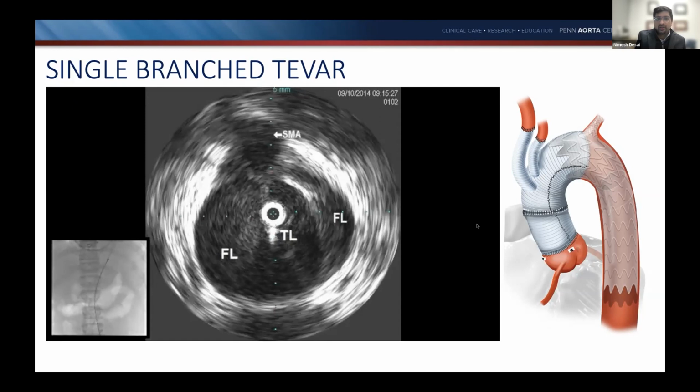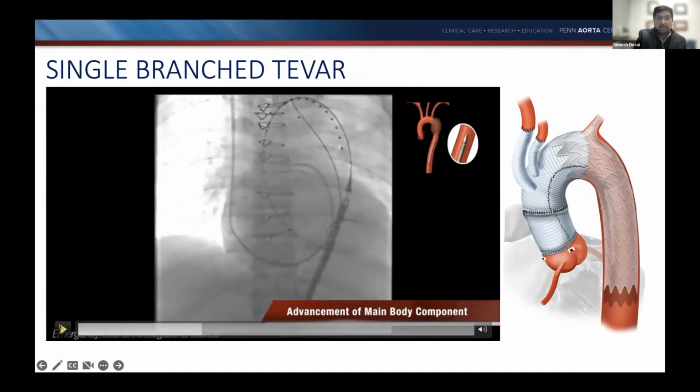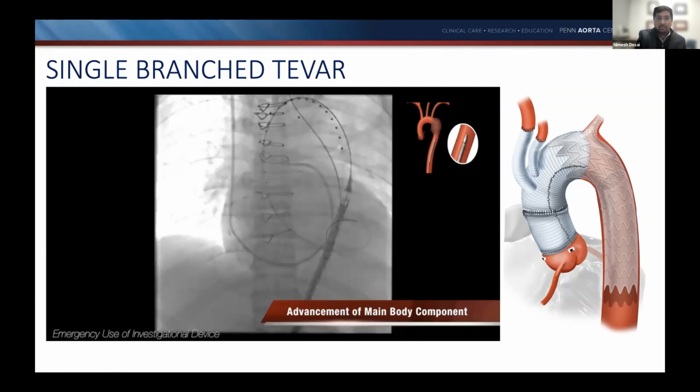So remember, as Dr. Watkins showed you, there's a wire from the subclavian and a wire from the aorta that goes into the ascending aorta. I think our wire here is actually sitting in the ventricle. Both of these wires have to be in the true lumen. That's critically important. If they're in different lumens, you're going to fenestrate the aorta and probably have a bit of a catastrophe when you deploy the graft. So IVUS to make sure both wires are in the true lumen, and the externalized wire, as Dr. Watkins showed earlier,